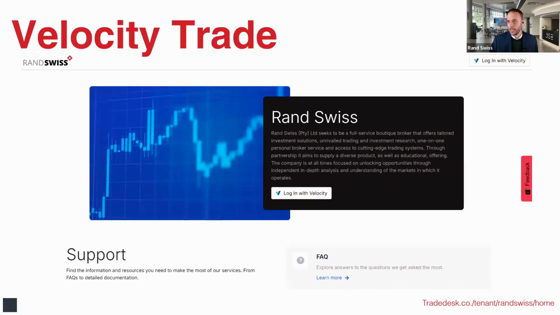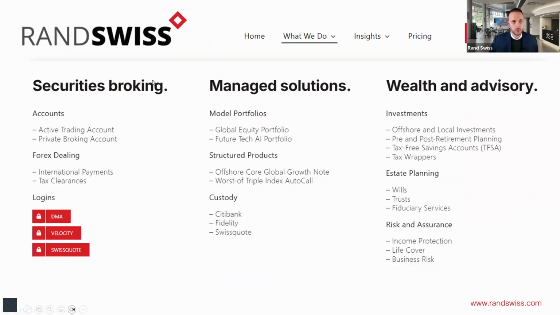Now, what we need to get to is the Velocity Trade portal. To find that, you'd come to randswiss.com, which is our main site that covers, as you can see, securities, broking, managed solutions, and wealth and advisory. And if you look under